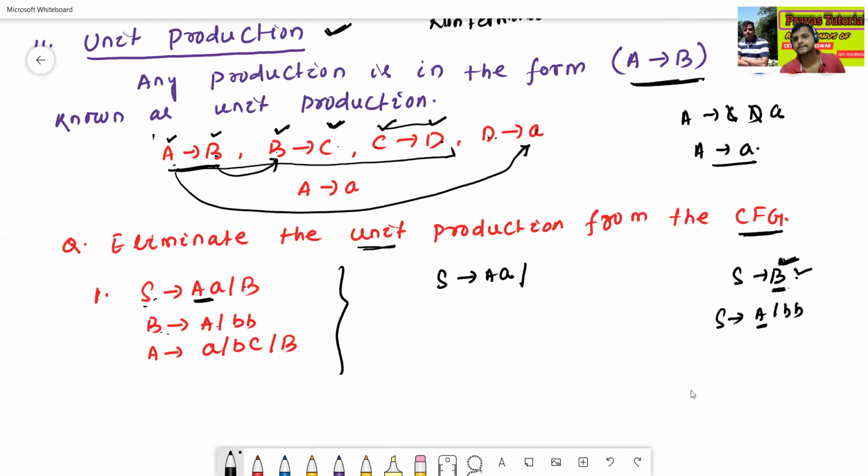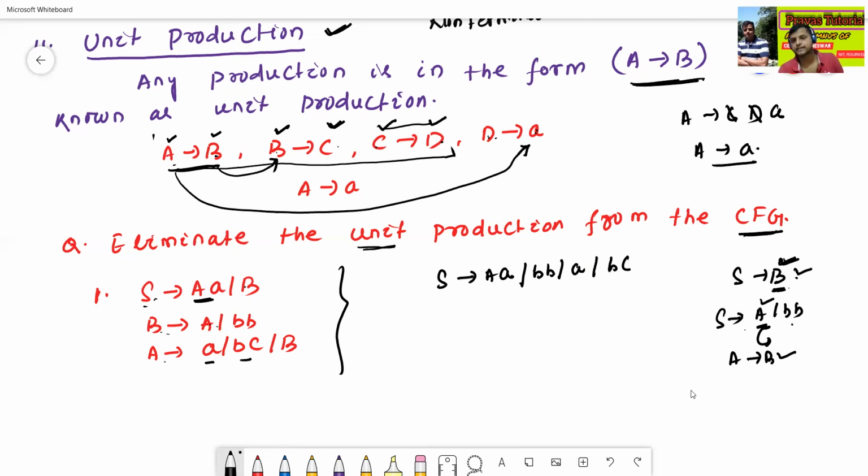But S to A is again a unit production, and S to BB we simply write BB. Now we'll replace the A productions again, meaning A to BC. Then A to B is also a unit production.